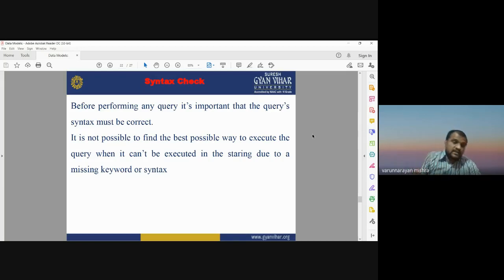If we have not written the syntax in a proper manner, if we have incorrectly written it, then it will not work. You cannot execute that query, you cannot execute the processing of the query. So it is required to check before running any query for any kind of database, or any kind of structured query or structured database available for your queries and operations. Now, how does the syntax check work?